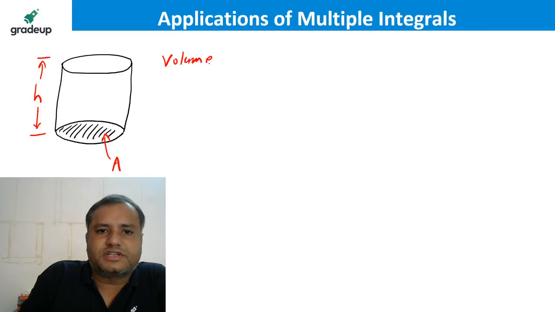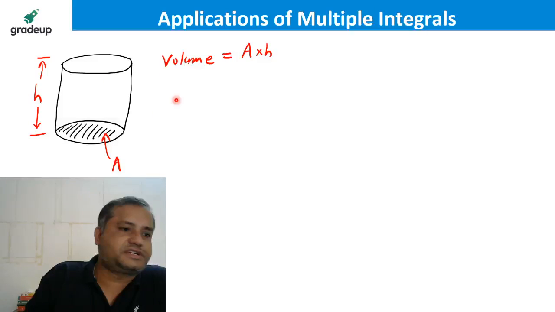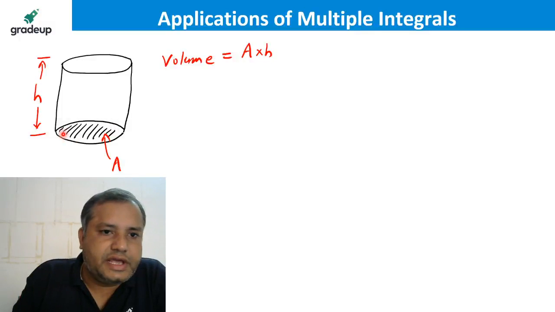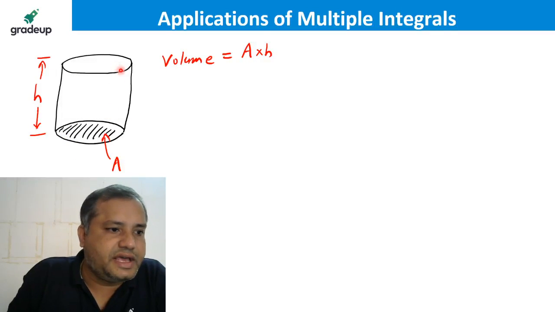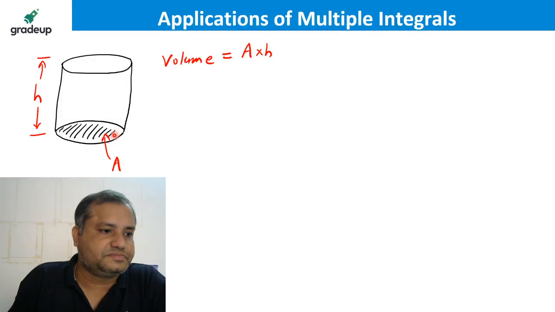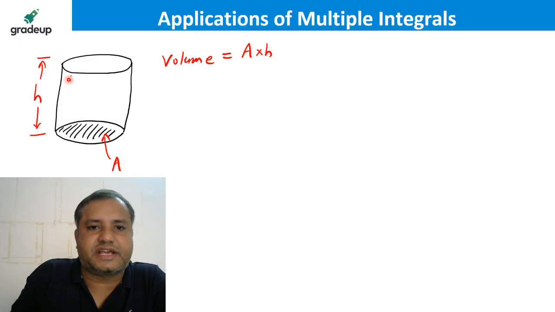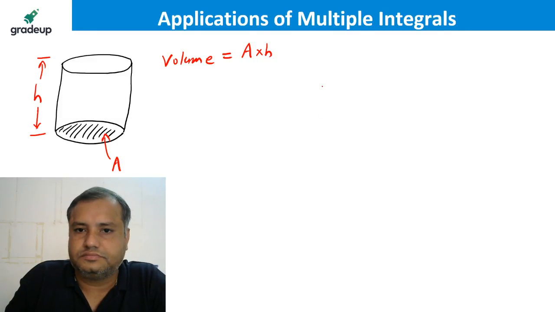So, what is the volume? What is the volume for this? Volume for this will be area of cross section multiplied by height. Okay, now if this cylinder is placed in xy plane, such that its bottom face is lying in xy plane,